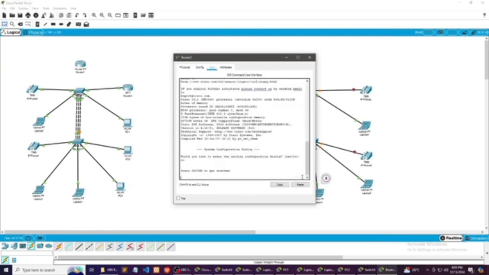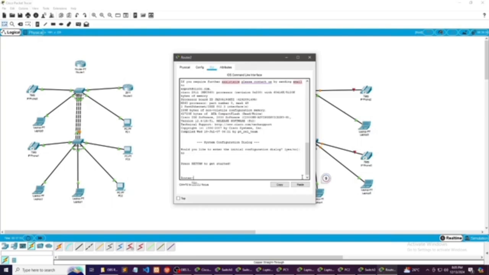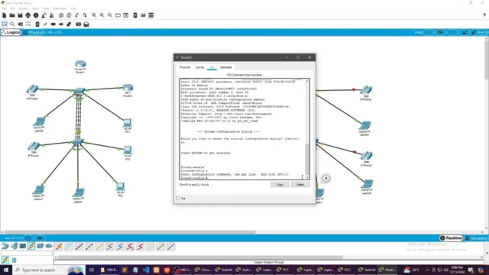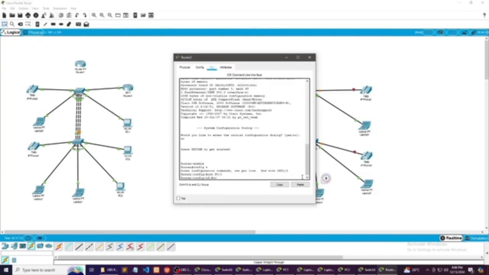Okay, go to the router too. Go to the CLI, and we can now start coding. In this portion, the codes that we used on the other router on the left side are the same thing we will use here on router 2 on the right side. So, it's really the same.